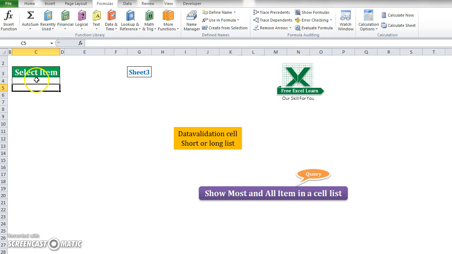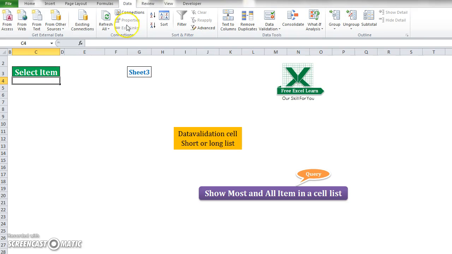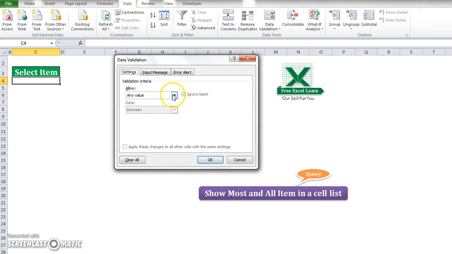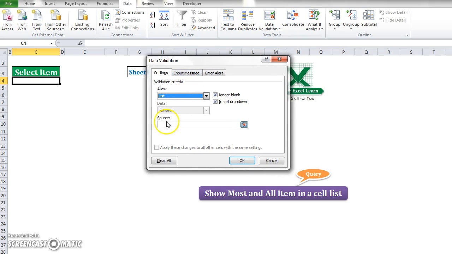So just select here and go to data validation, and in this data validation you will select list. Okay. In this source you will write equal to